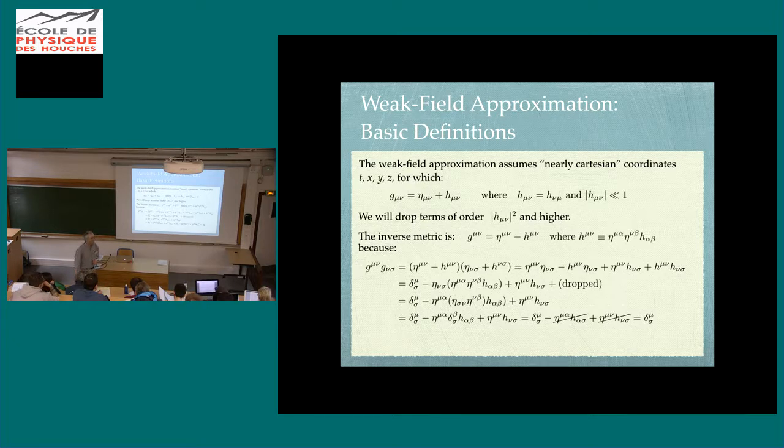What if I put g mu nu here? Yeah, I get higher order terms, but I'm neglecting terms of order h squared. So it doesn't matter. I'm going to raise with the flat space metric. Okay? But I could take that as a definition if you like. And so what I want this to be is the Kronecker delta. I want this to be the genuine inverse